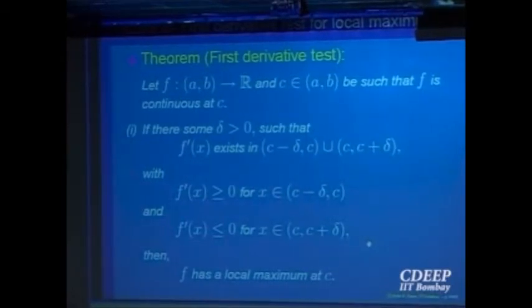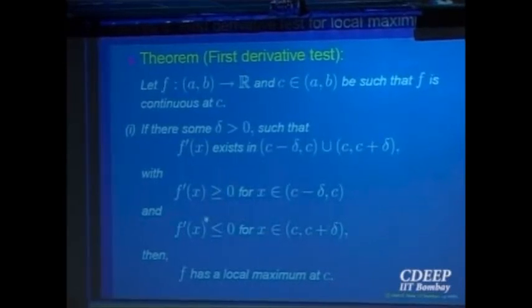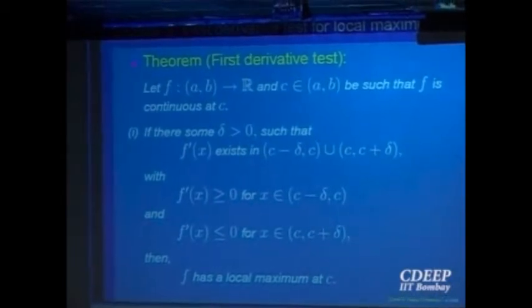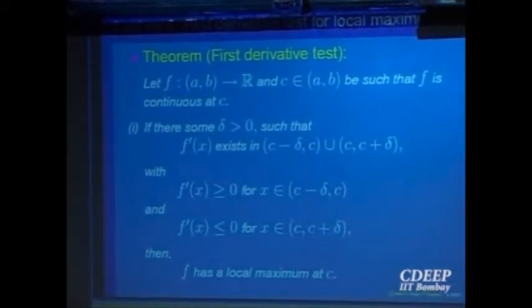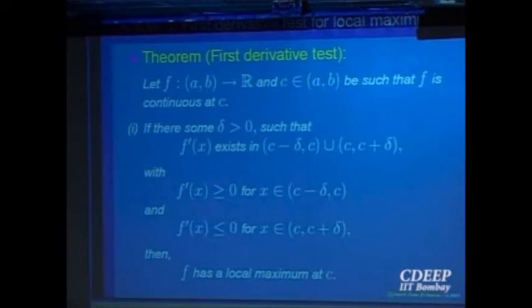Proof, obvious, we have already given the proof of this, because of these derivative conditions in terms of the theorem that we proved: derivative bigger than 0 implies, right? So this will imply the function is increasing on the left, this will imply the function is decreasing. Then by the continuity test we will have the point should be a point of local maximum. So there are only two crucial theorems. One, derivative bigger than or equal to 0 if and only if the function is increasing, and the continuity test. These two together give me the first derivative test.